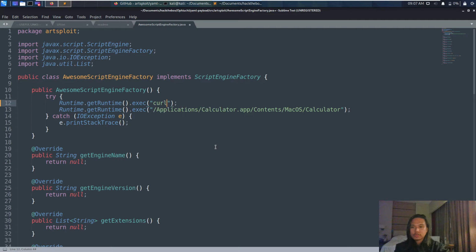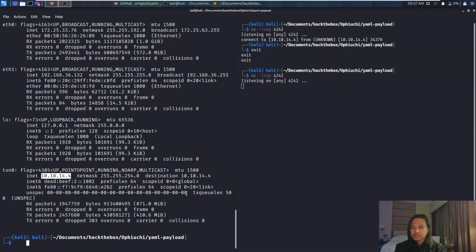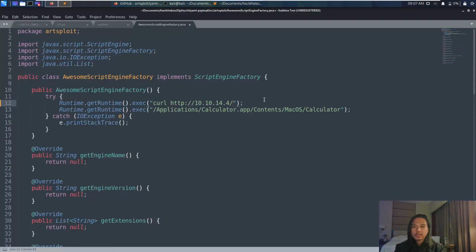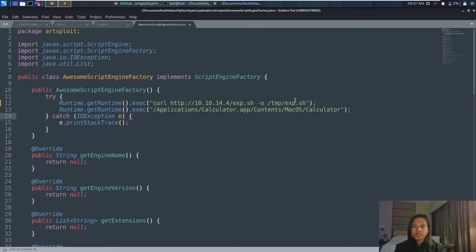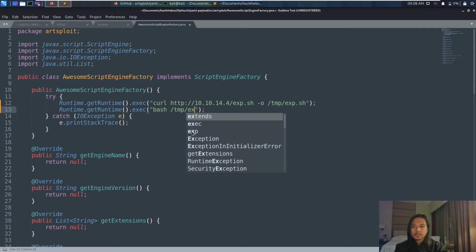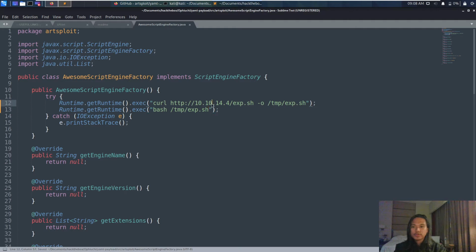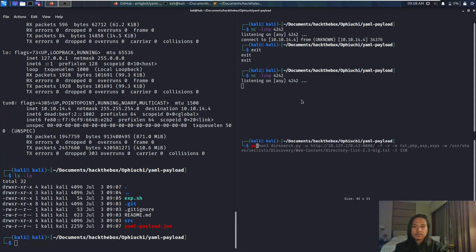Let's just use curl, and we'll be calling this file /tmp/xp.sh, and from this one we're just going to execute it, bash /tmp/xp.sh. Since we will be serving this reverse shell from our box again, let's just create